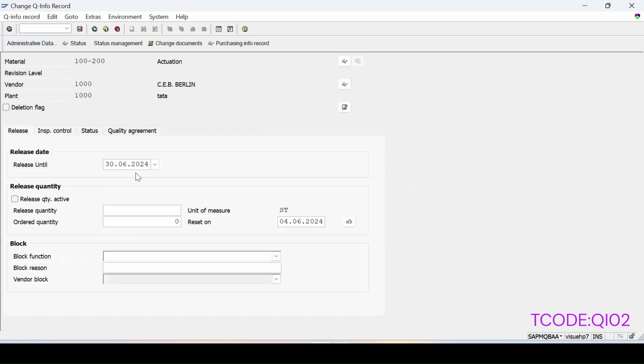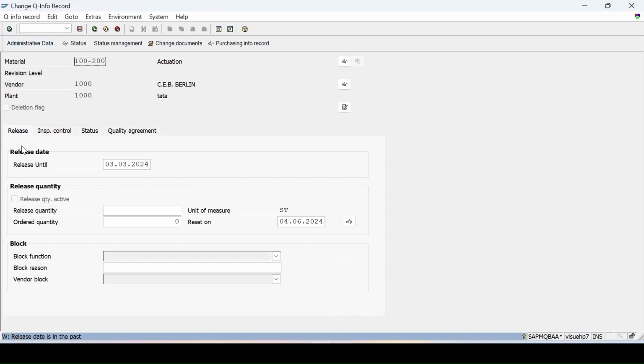Released, if I keep it, say, backdated. Now we have kept it as released till 0303 for this same. Okay, quality info record. Let's save it. Of course, it is giving me a warning that it is backdated. And now again, if I try to create a purchase order,